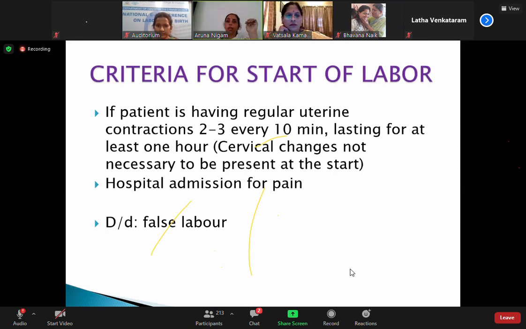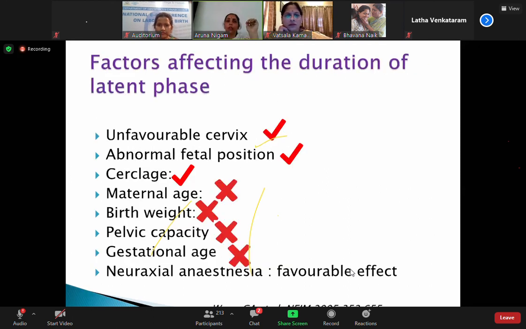So what are the factors which affect the duration of the latent phase? Unfavorable cervix? Yes. Abnormal fetal position? Yes. Cervical arch? Yes. But maternal age, birth weight, pelvic capacity, and gestational age have no contribution to prolonged latent phase. Neuroaxial anesthesia